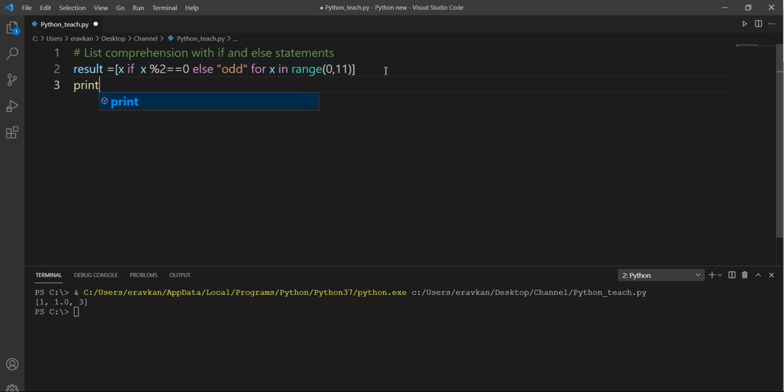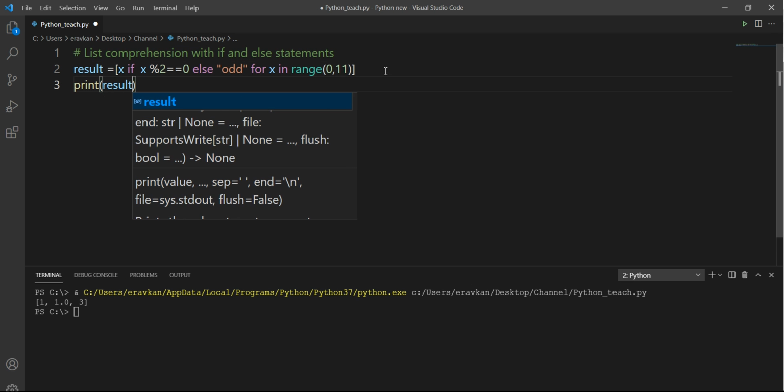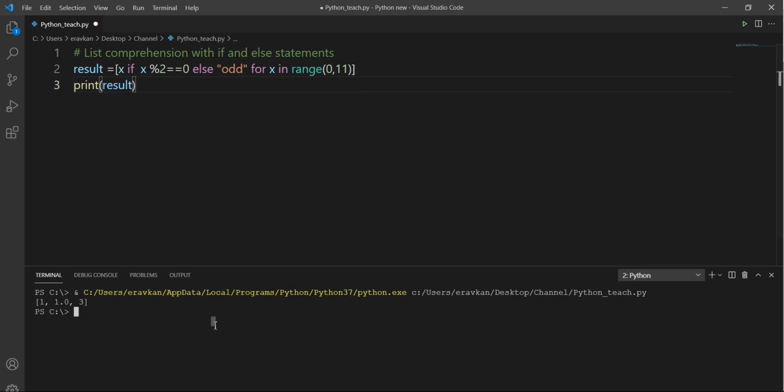So if I print result, if the number is even, I get its value as it is, and in case of odd, the word odd is printed in place of the number.